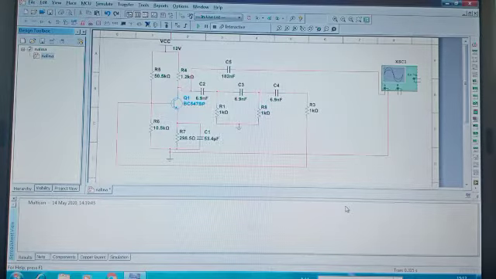So first we should start with the RC phase shift oscillator and Hartley oscillator. As you are all familiar with Multisim, here also we are using NI Multisim, and this is an RC phase shift schematic. First, an introduction: the RC phase shift oscillator is a linear electronic oscillator circuit which produces a sine wave output.